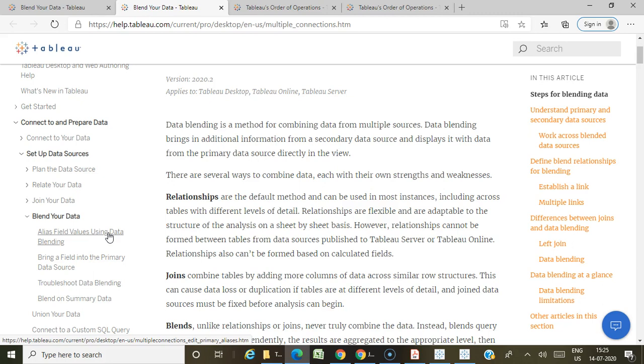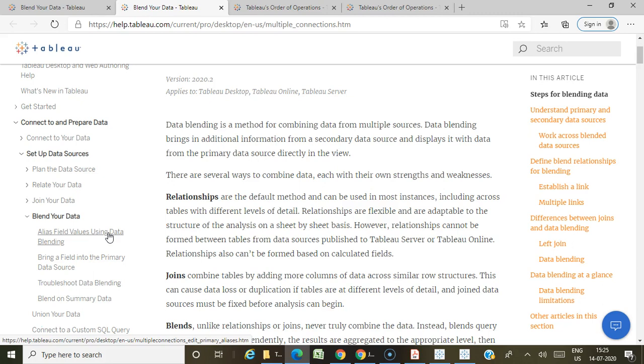In data blending, you combine these two data sources, so a single visualization will be based on data from both the sources.